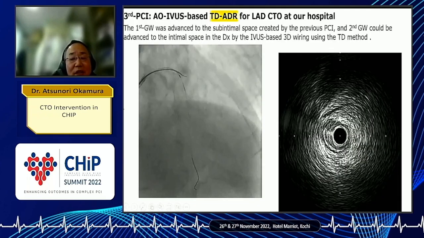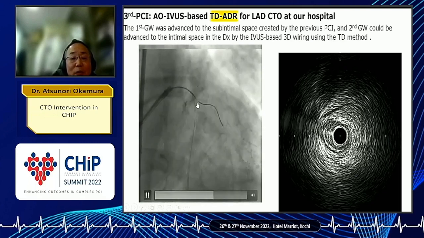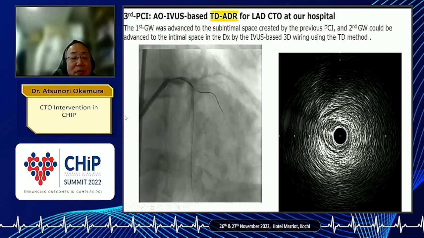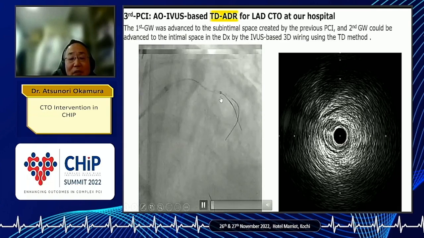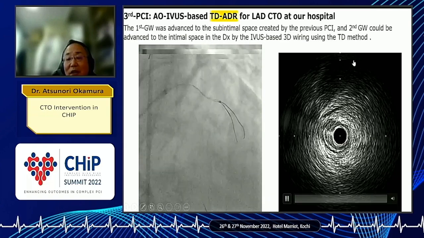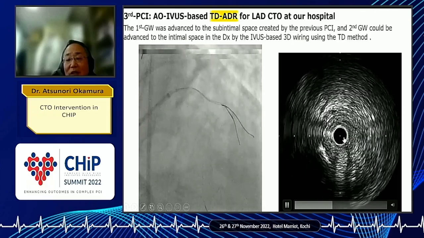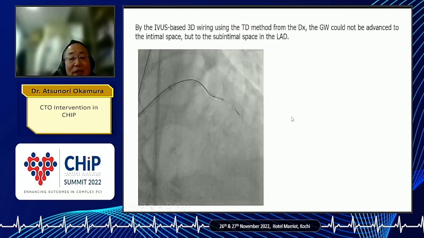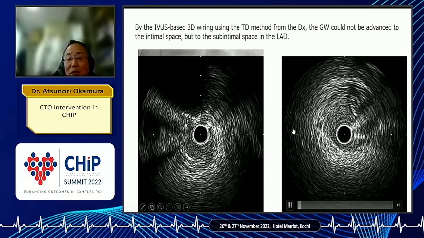So the LAD, the first intervention, the guide wire got into the subintimal space in the other hospital. So I advanced the guide wire, but the guide wire might have entered the subintimal space in the same route. Then I advanced the second guide wire into the diagonal branch using the IVUS guided wiring. So the guide wire entered the diagonal through the interplug route. Then I advanced another second guide wire to the